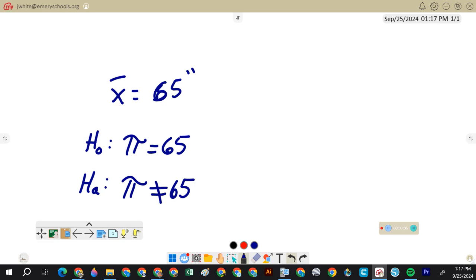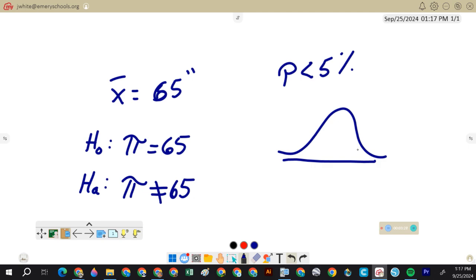Because I am going to test my p-value against 5%. Right? Well, if I have a one-tailed test and I draw 5% on one side,